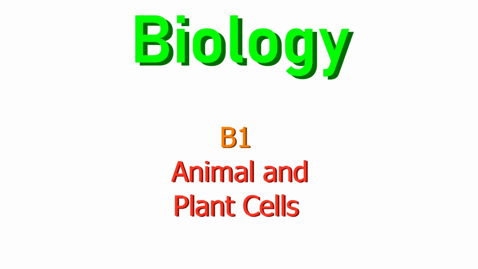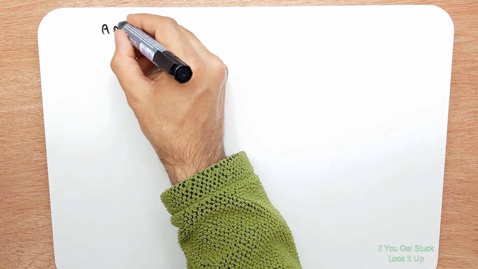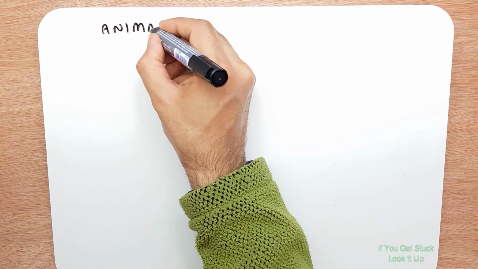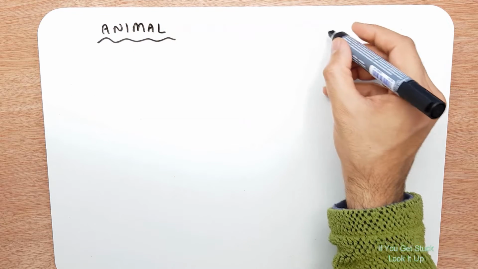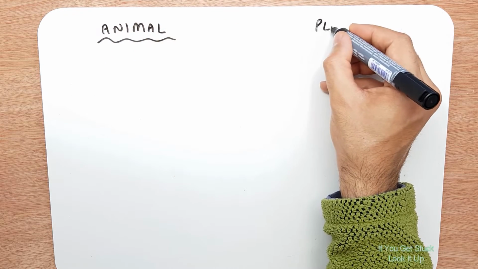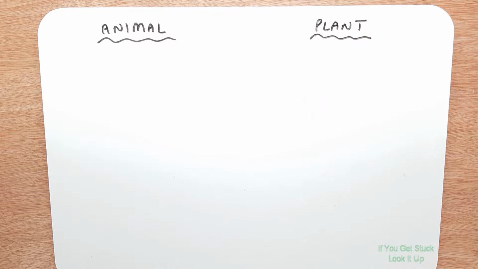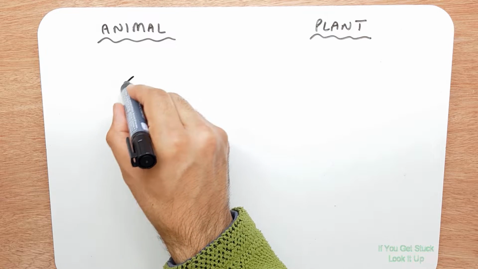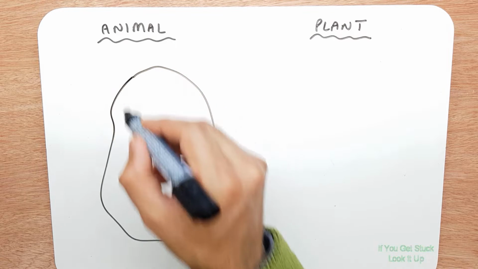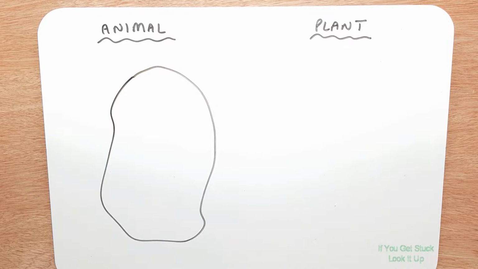Now we want to compare the plant cell and the animal cell. So we've got the animal cell here, and we're going to draw the plant cell next to it so we can make comparisons. So let's start with the cell membrane, the bag that keeps everything in,